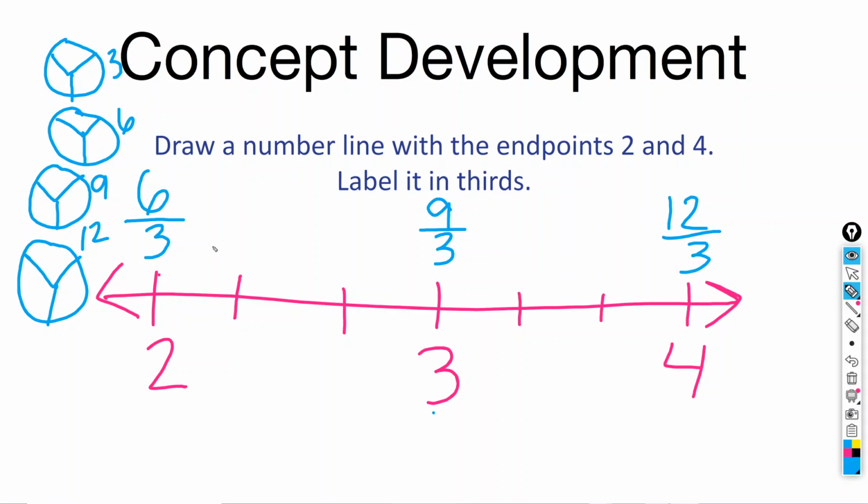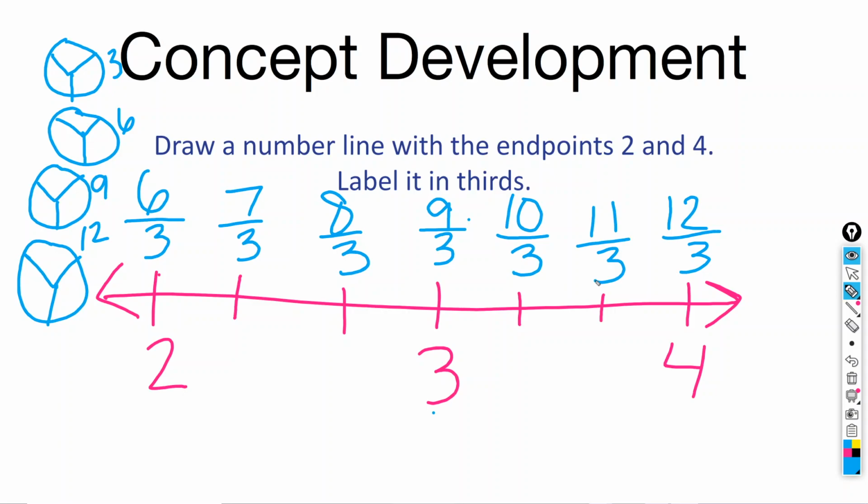Now let's go ahead and label the points in between. We know that all of them are going to be thirds. So let's start counting up. 6 thirds, 7 thirds, 8 thirds, and then we have our 9 thirds. Keep going. 10 thirds, 11 thirds, and then we end at 12 thirds. Okay? So really the tricky part is figuring out what fraction needs to go above your whole